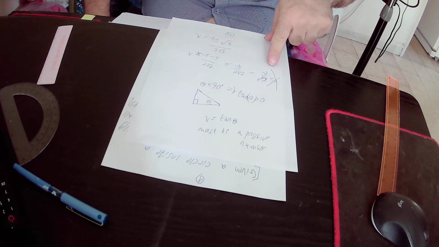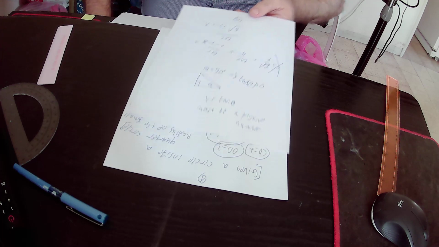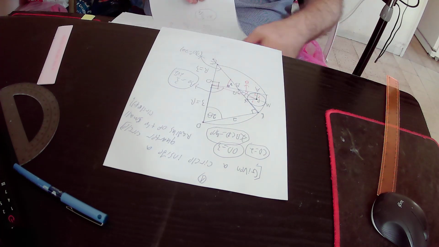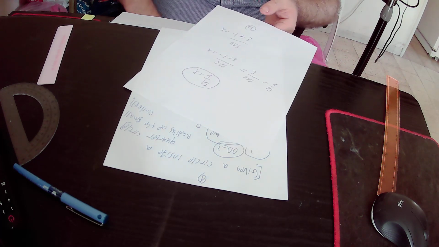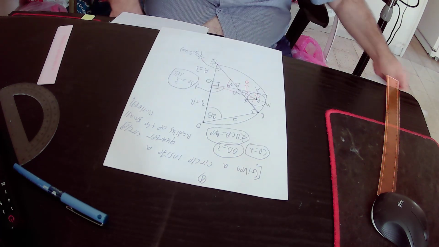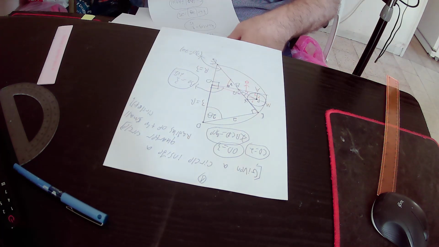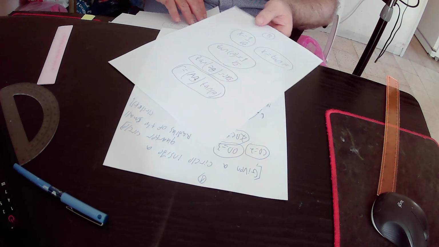So this is not the correct answer, and we are left only with the possibility that x equals 1 over root 2 and x is tangent theta. So we found out that tangent theta equals 1 over root 2,